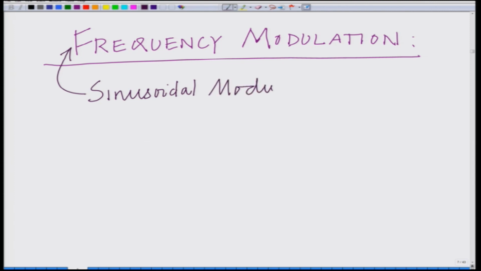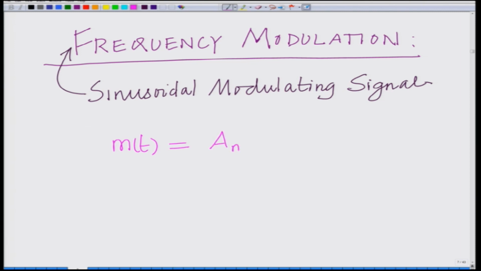So, let the message signal m(t) be m(t) equal to Am cosine 2 pi fm t,